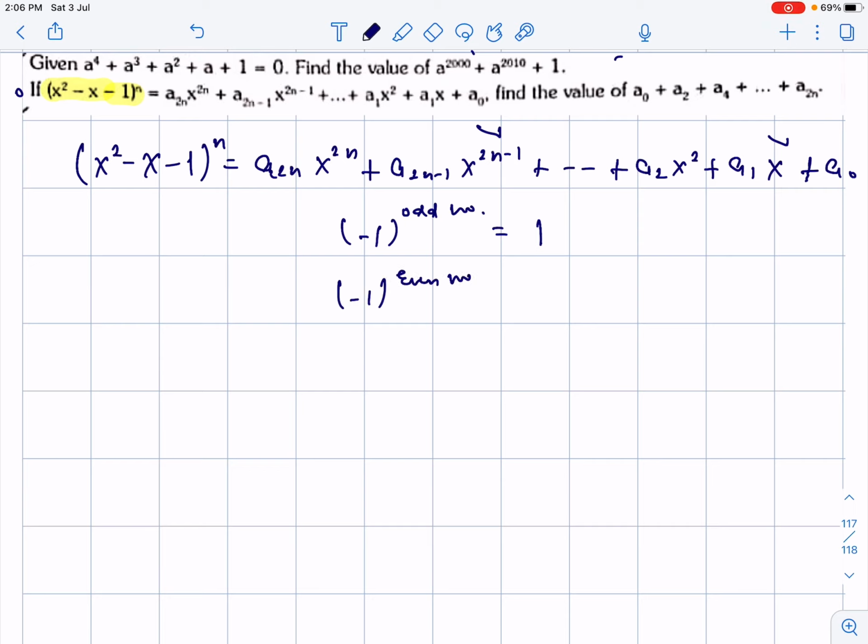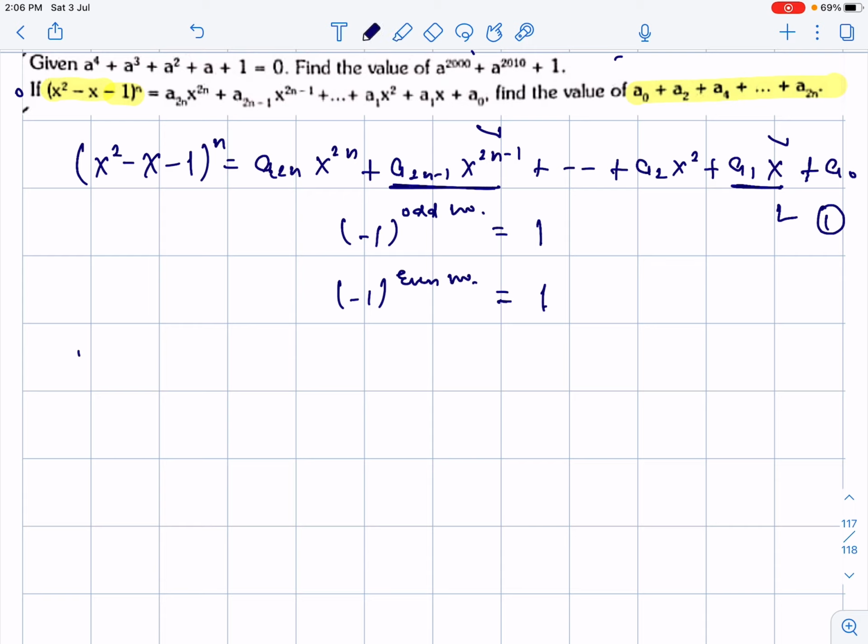1 only. So one time I'll keep the value of x throughout the equation as minus 1, and the other time I'll keep the value of x throughout the equation as plus 1. That way I'll get rid of the odd valued subscripts written over here. This is an odd valued subscript, this is an odd valued subscript, and what do I want in our final result? I want even valued subscripts.